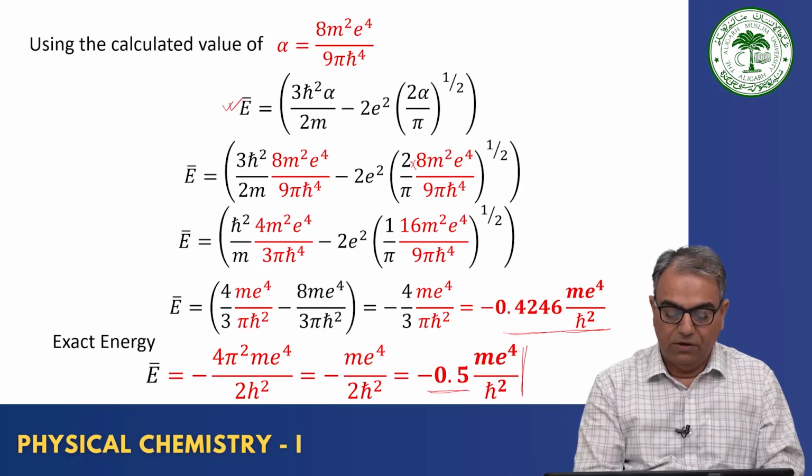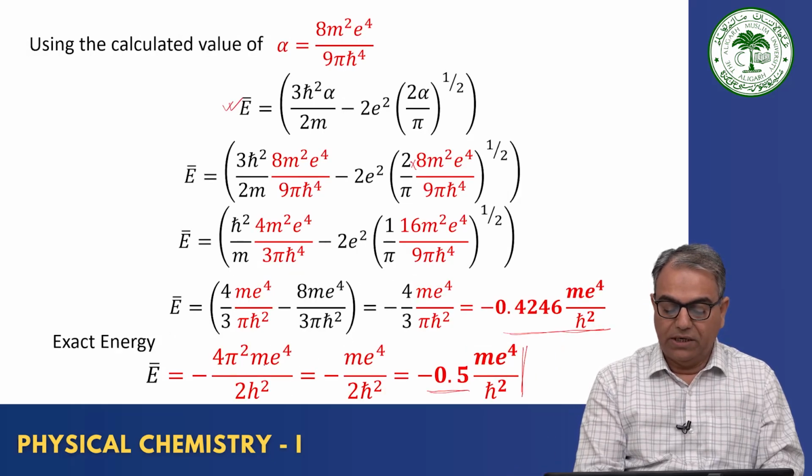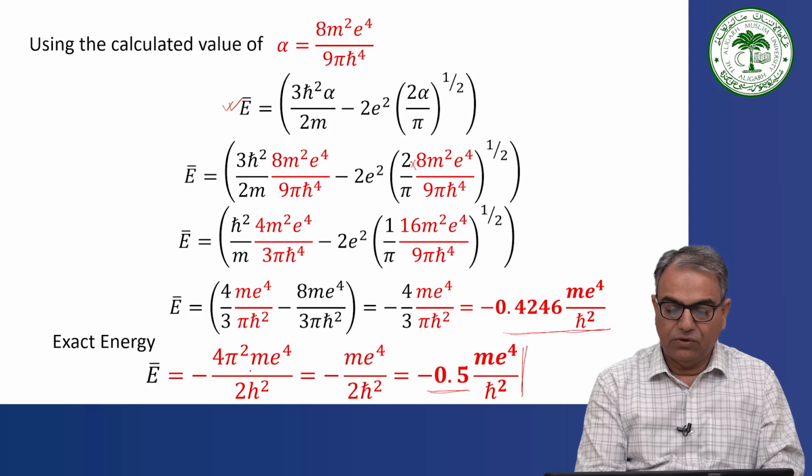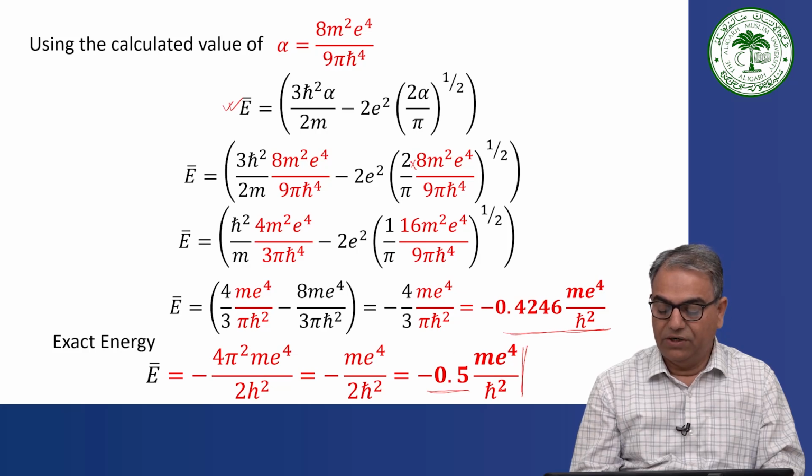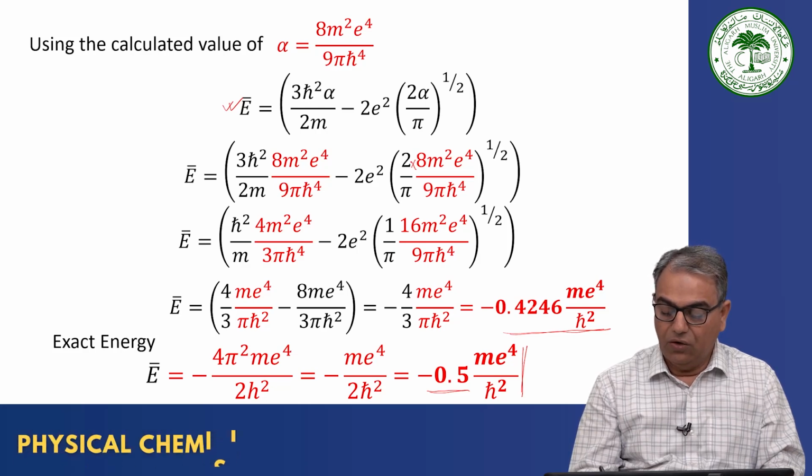Here also, instead of m I should have written mu, so you can correct that. All m should be mu because we are talking about the hydrogen atom, or you can write m also because it's only one electron. So m e raised to the power 4 divided by 2h cross square. So the value is actually 0.5 me4 divided by h cross square. See how close we are